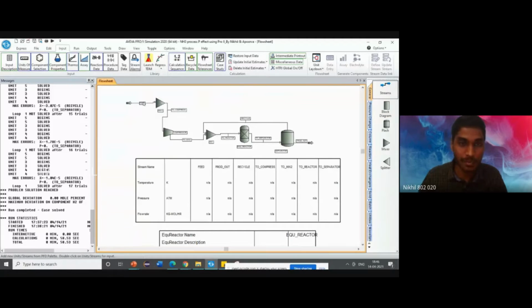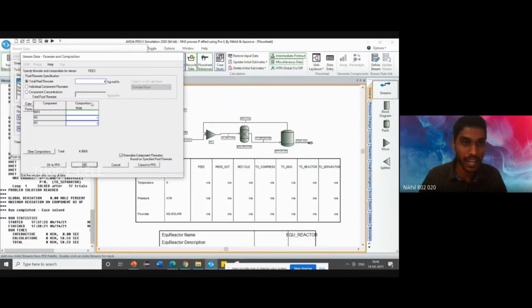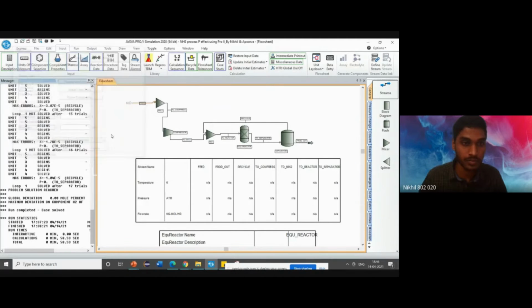Initially, as I mentioned, we'll feed nitrogen and hydrogen in a 1:3 ratio. So here the temperature and pressure are considered, with the 1:3 ratio. We feed it to a mixer, and then connect to a compressor. As I mentioned, the reactor is operated at 70 atmosphere, so the initial pressure needs to be brought to that pressure. So we use a compressor which compresses to 70 atmosphere, and we connect it to a mixer. This is mixer 2, and why we use this, I'll let you know.